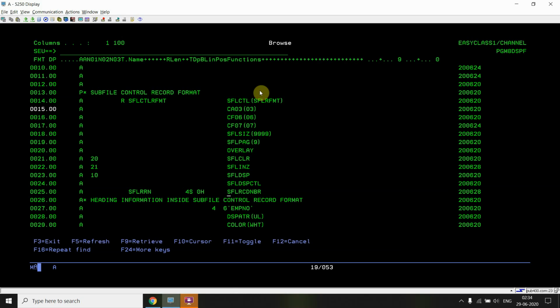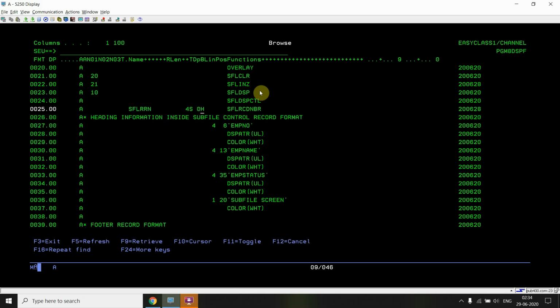Now you can see that this is the subfile record number, where I define the SFL RRN, which is a hidden field. So it will hold the RRN. In case we are on the third or fourth page, or any page of a subfile at a particular time, we will be holding the RRN, so that once we press enter or anything we do, we are on the same page.